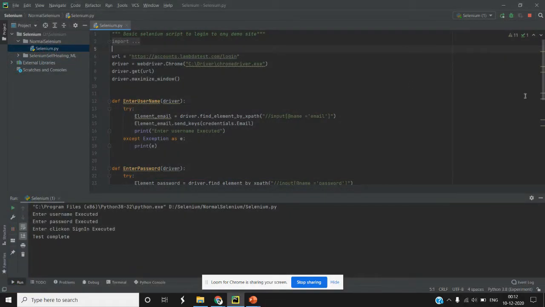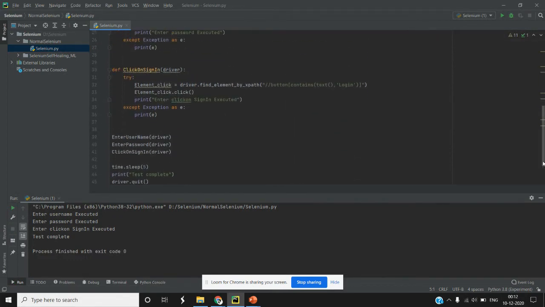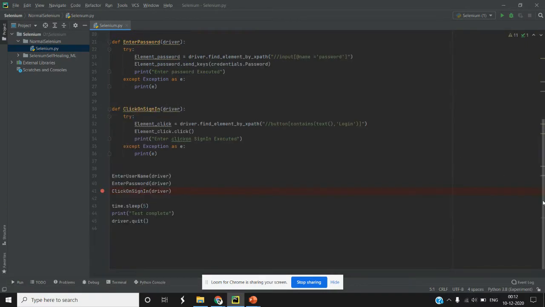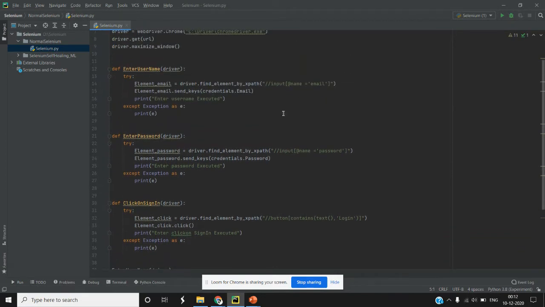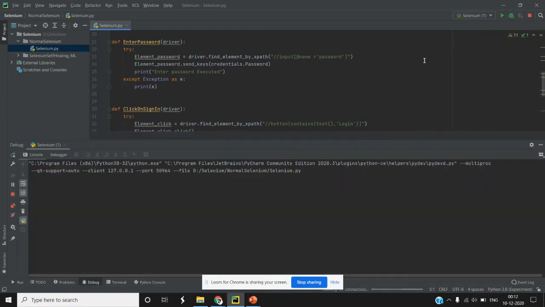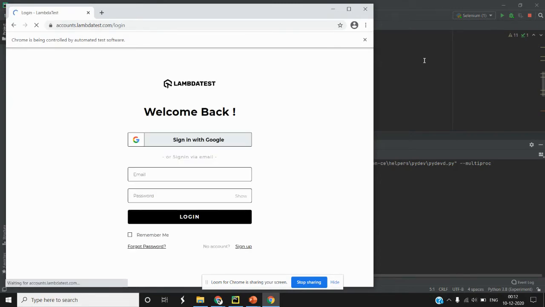Fine. Now this is a positive scenario. Now let's see the behavior of the scenario which we were discussing earlier, like locators getting changed at runtime. So here I've used XPath, as you can see, for all of them. So let me put a debugger on the click on sign in button, so that I can change this particular XPath at runtime, and we'll see what happens in the current scenario.